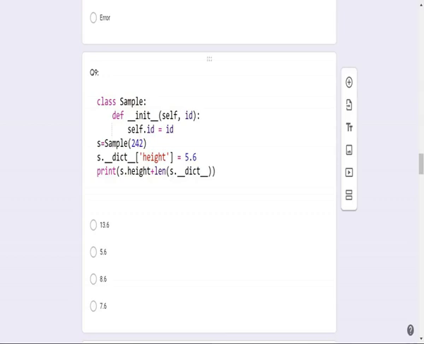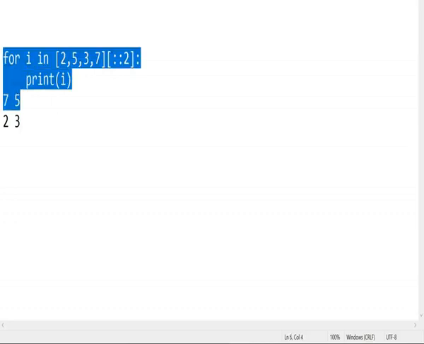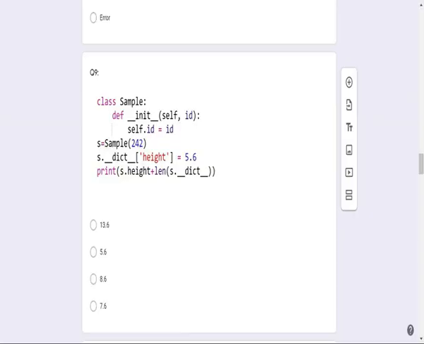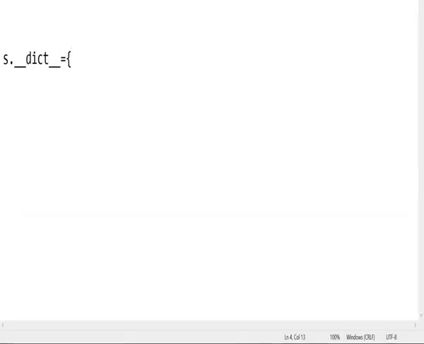So I will show with an example. S is an object, and this is a predefined, built-in attribute of a class. What does it return? It returns the elements present in the class in dictionary format. We have id with value 242, height with value 5.6.